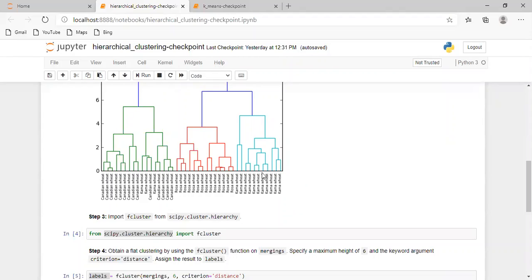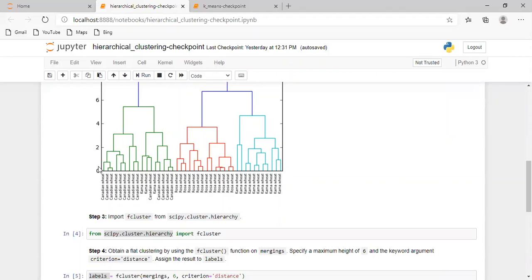In this, 3 varieties are labeled in 3 different colors: green, red and blue. The green depicts the Canadian wheat, red depicts the Rosa wheat, and blue depicts the Kama wheat.